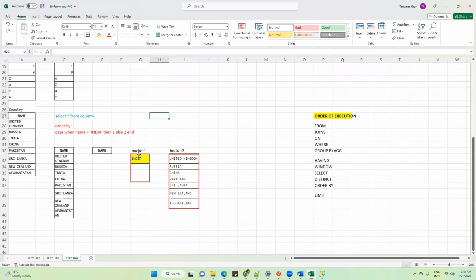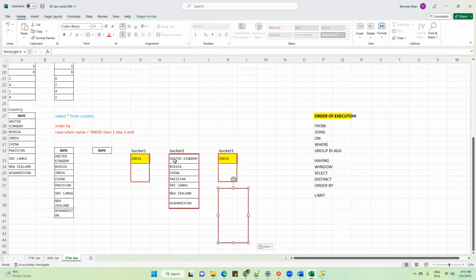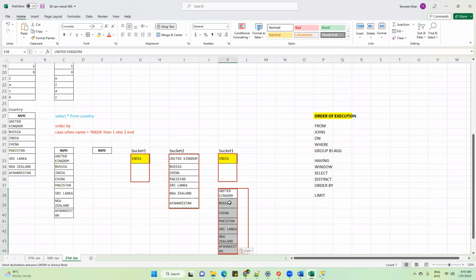So this is your bucket 1, and it will be kept at the top. And this is the value, placed at the top. Then you will have bucket 2 below this, and this is the value present here. This is your bucket 2.